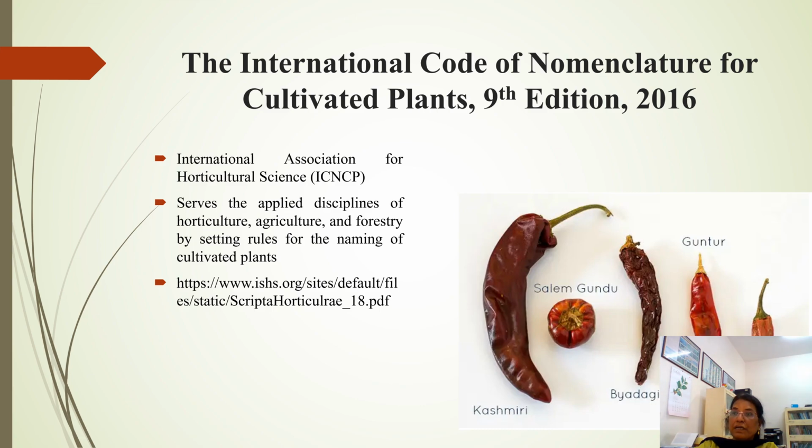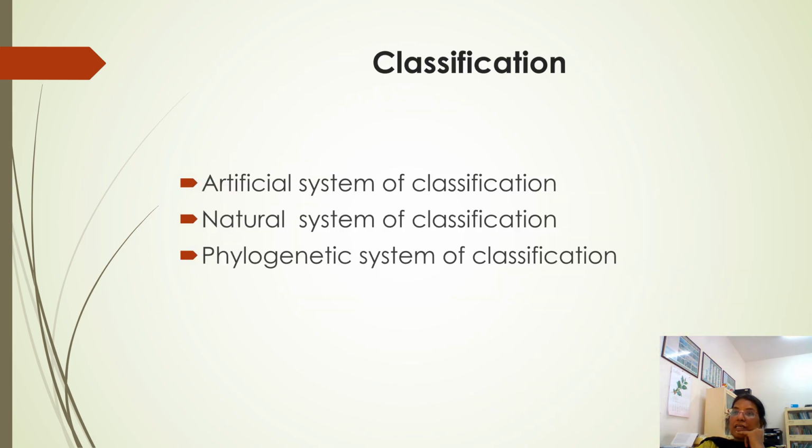For cultivated plants, the International Code of Nomenclature for Cultivated Plants, ICNCP, provides a guide to the rules and regulations for naming cultigens, the plants whose origin or selection is primarily due to intentional human activity. It is also known as the cultivated plant code. The classification is largely seen at three different levels.